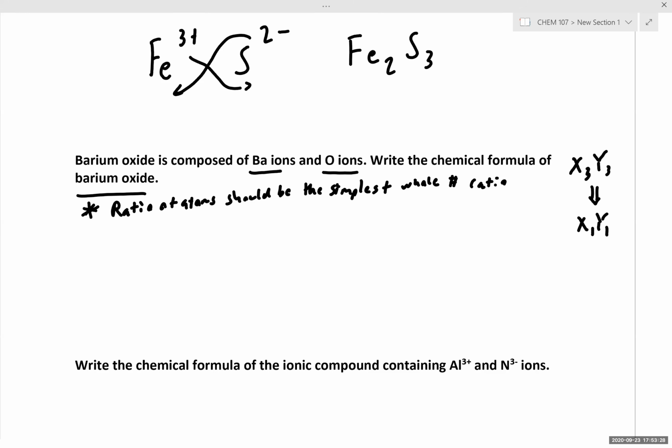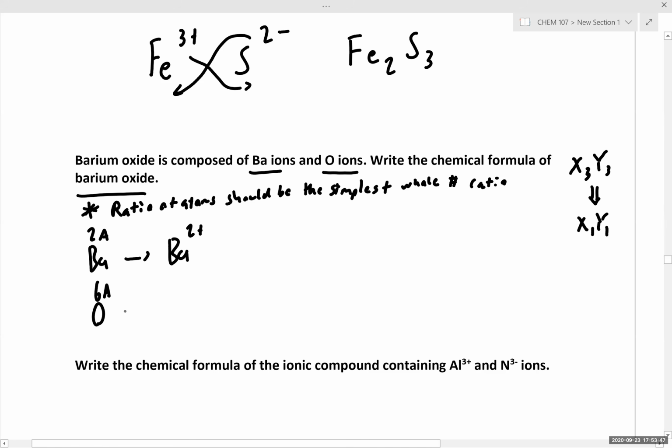Okay, so let's discuss. So barium is a metal. It's a group 2A metal. So what charge will barium adopt? 2 plus. Yep, exactly right. Oxygen as a 6A nonmetal will adopt a charge of 2 minus, because 6 minus 8 is -2. Now that we have our two charges in place, we cross our charges, and that in turn gives us